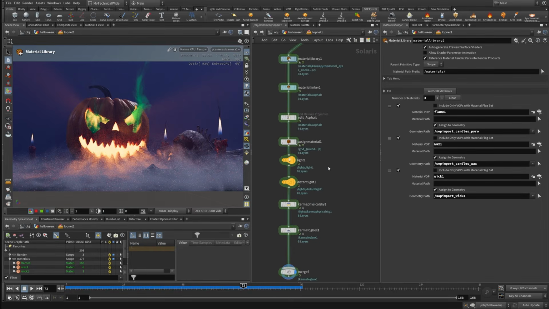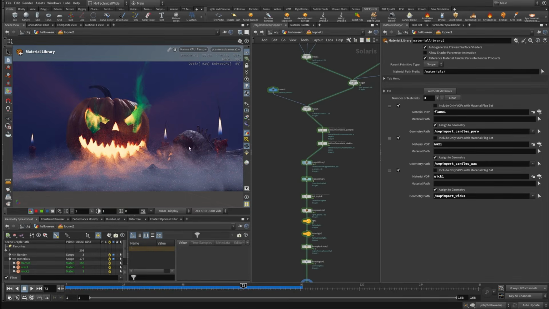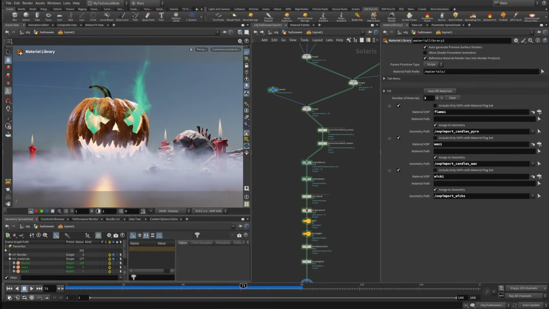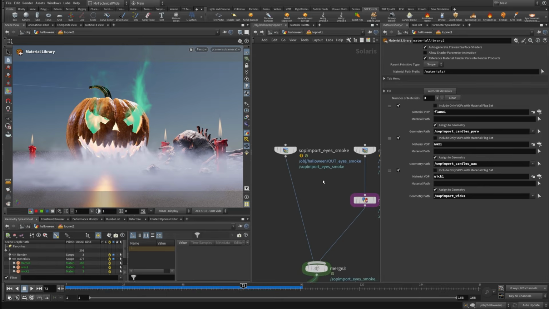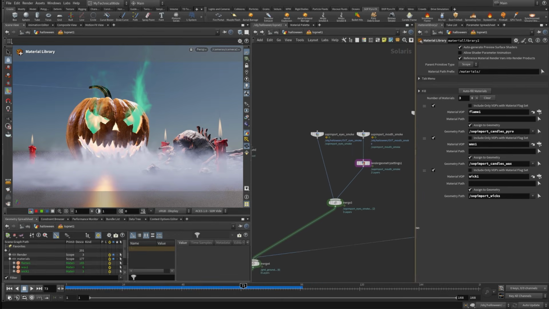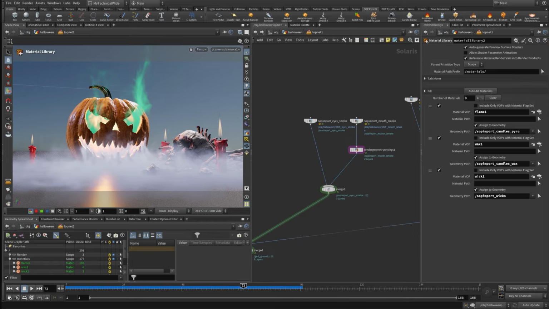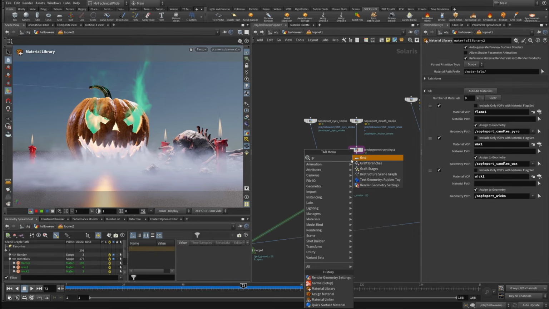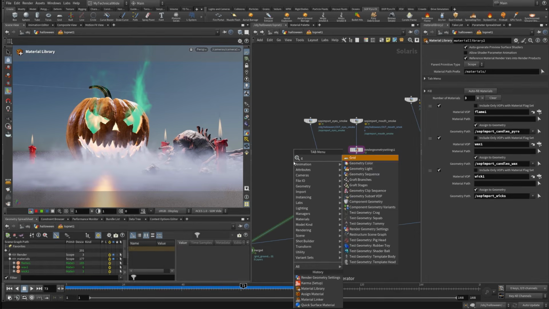We're going to turn it on for the final, but there's one more thing that we're missing, and that is the brightness of the fire. It needs to be used as the geometry light, and this is actually one of the very cool features in Houdini 21. So let's go back to the Houdini VK. We can actually now have the geometry light work seamlessly with Karma XPU. So all we need to do is to create a geometry light. So press tab, type geometry light,